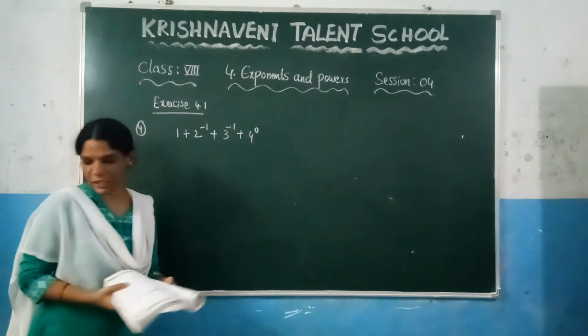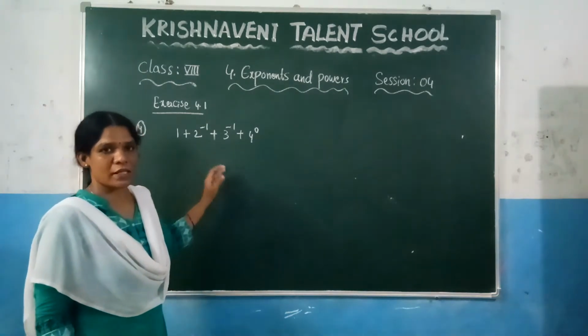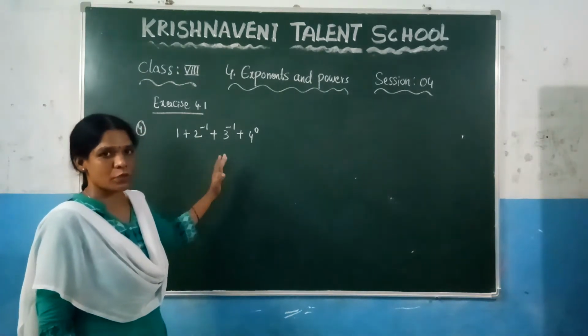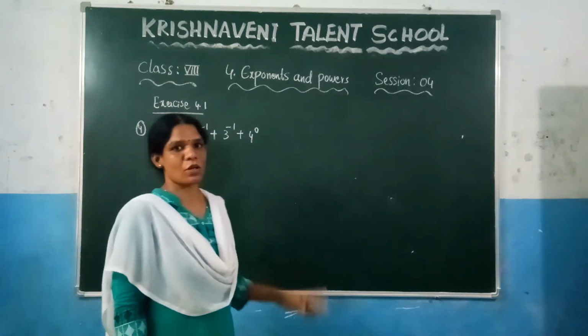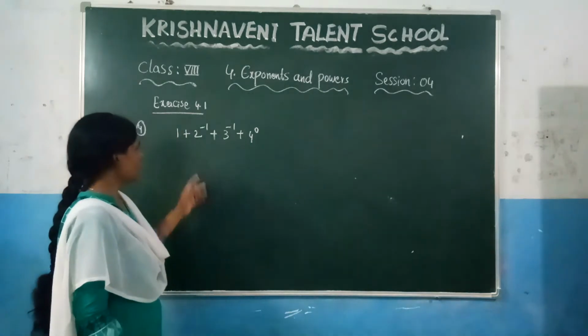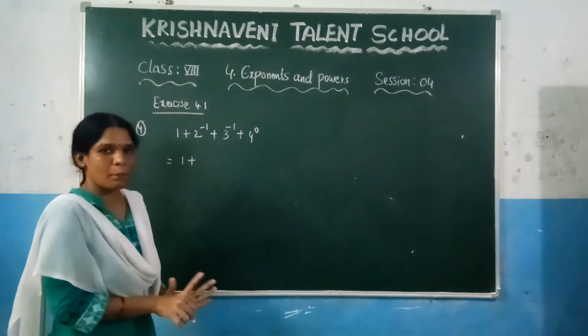This is a problem they have given here. What is the question given here? 1 plus 2 power minus 1 plus 3 power minus 1 plus 4 power 0. Now you need to solve this one again by applying the laws of exponents. So here now solve this one. How you can solve? 1 plus, you know that a power